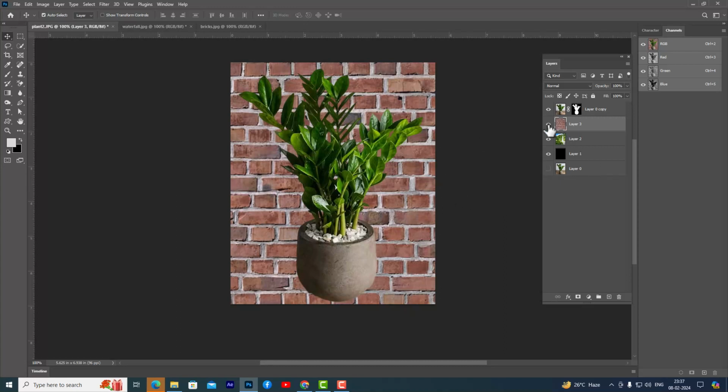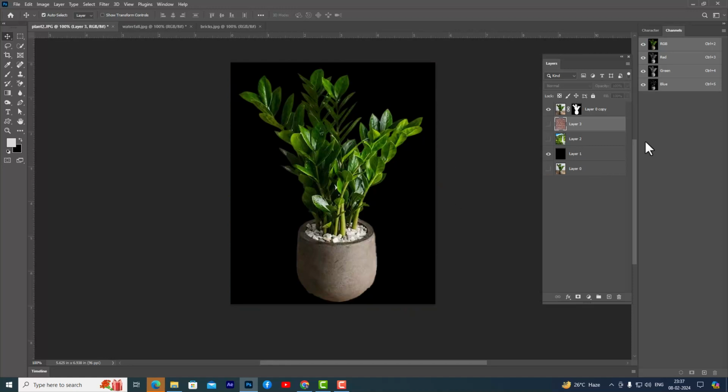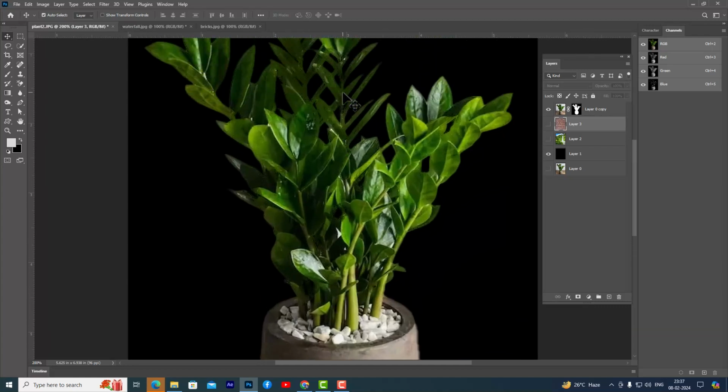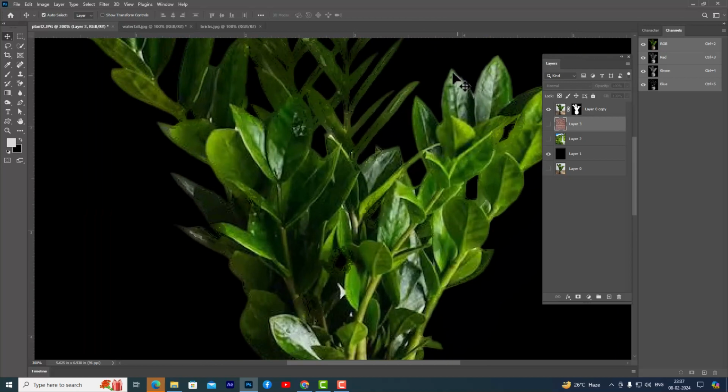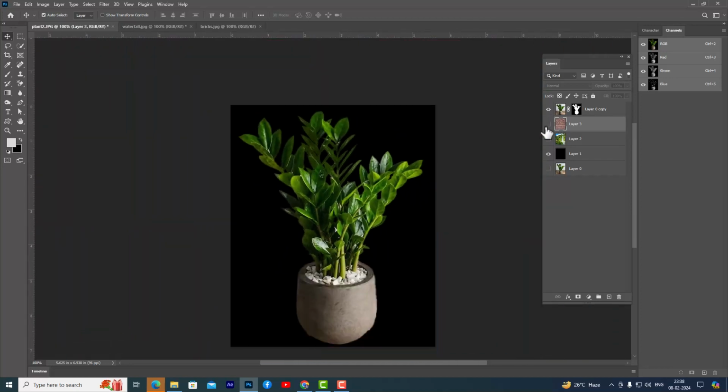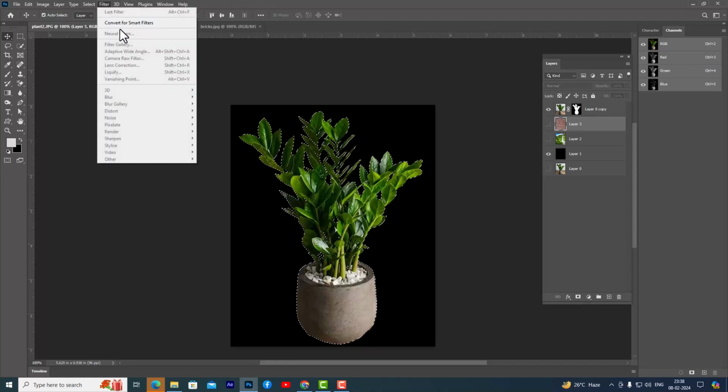And one thing we can still do, if we think that there is some amount of background that is sticking to the subject. For example, see, we can see a very tiny bit of this background lying over these leaves. So for that we can do one thing. We can just hold Control in PC or Command in Mac and click on this mask thumbnail, and we can just go to filter,